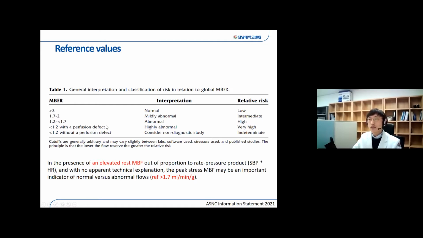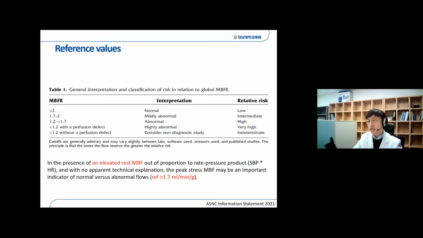If we have a perfusion defect in a specific vascular territory with the MBF reserve under 1.2, it is a very highly abnormal finding and the relative risk is very high, and it is the definite candidate for revascularization. But if there is no perfusion defect associated with that MBF reserve value, please check the technical aspects of the PET study and other things that can interfere with the accurate measurement of myocardial blood flow, such as bolus injection and stress, and the patient preparation, such as medication or